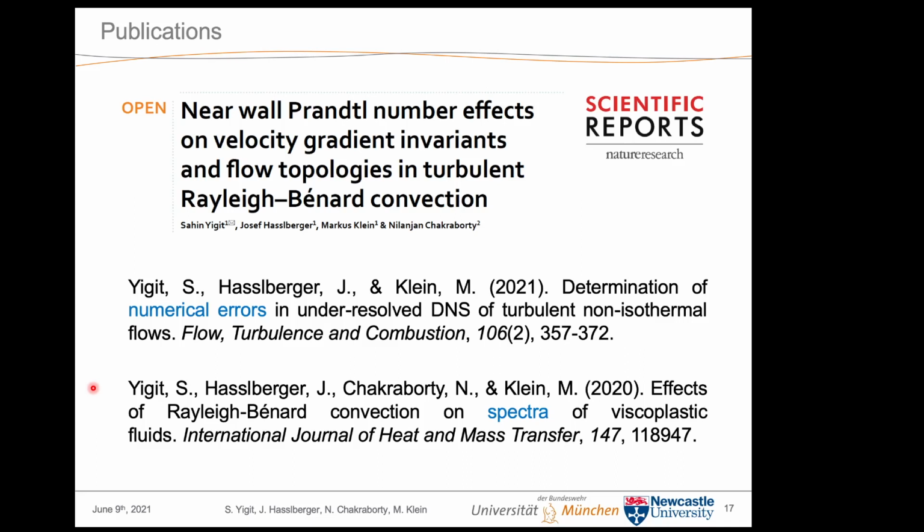And the second paper is also related to what I showed today. It's actually about velocity and temperature spectra in Rayleigh-Bénard convection. And since the temperature is not a passive scalar, like it is often treated in turbulence theory, but an active scalar, the spectra are affecting each other. I mean, it's an active scalar because it couples back the temperature to the momentum equation via the buoyancy term.